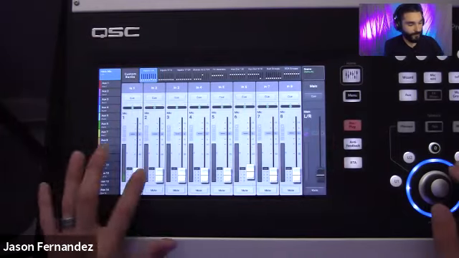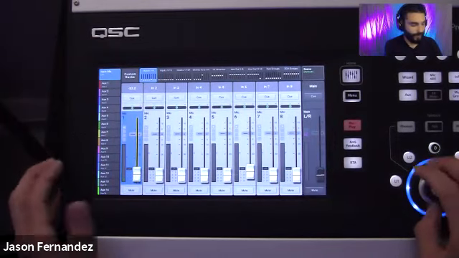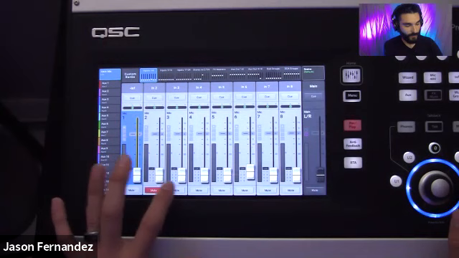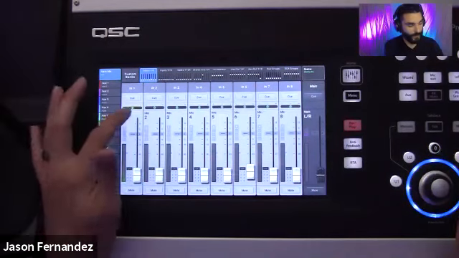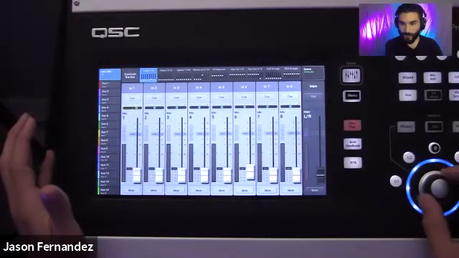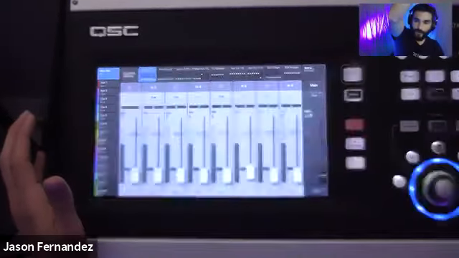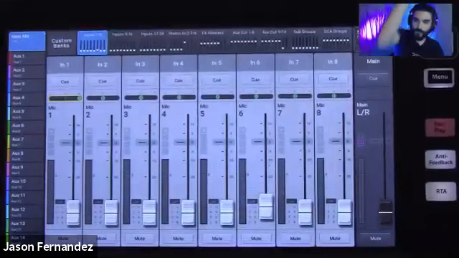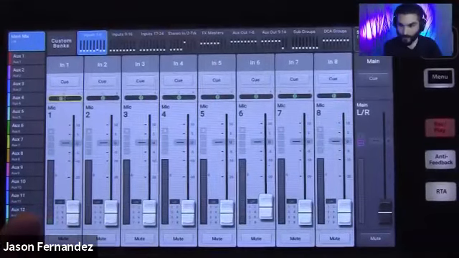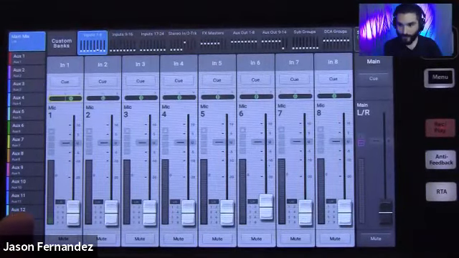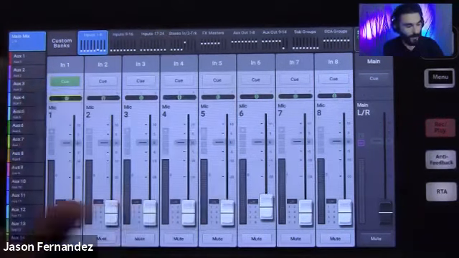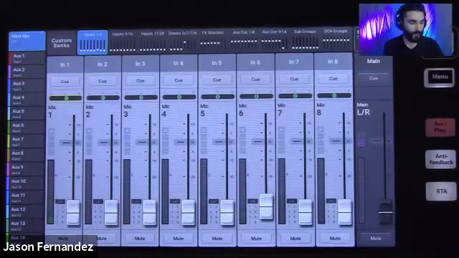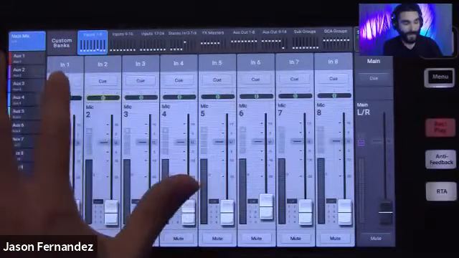On each channel, other than the main channel fader, there also is a mute control, so I can mute any of my channels really easily. There is a pan control right above the fader, so if I select that, I can use my dial. I'm going to punch back in at this point so you can get a better look at my screen. I'm going to use my dial, and I can pan my channels back and forth like that. Very simple. And then above that, there is a Q button control, which allows you to monitor any of the channels on your board. Every single input and output has this Q option.